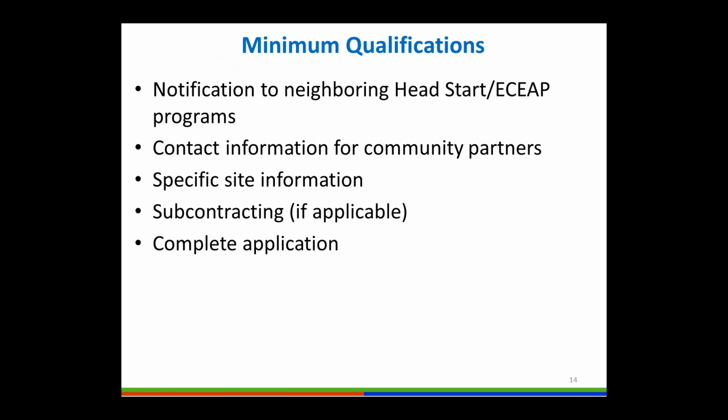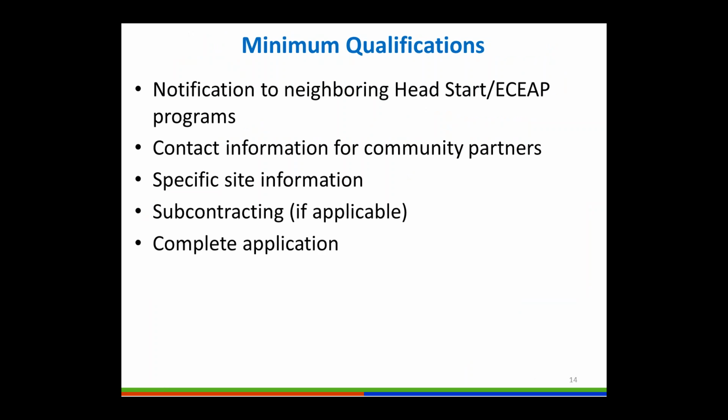Okay, and then minimum qualifications continued is the notification to neighboring Head Start and ECEAP programs. That's letting your Head Start grantees and ECEAP contractors in your area know of your plan, your intent to apply.